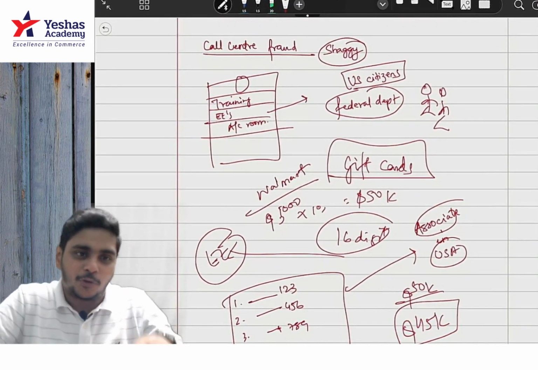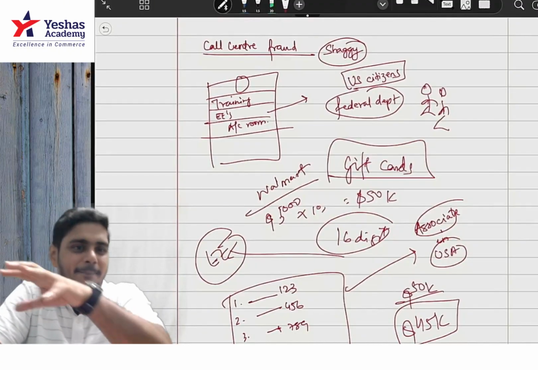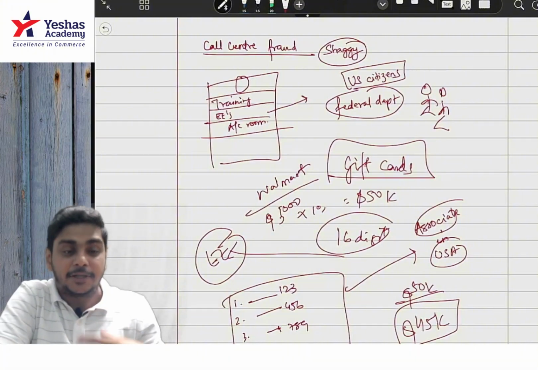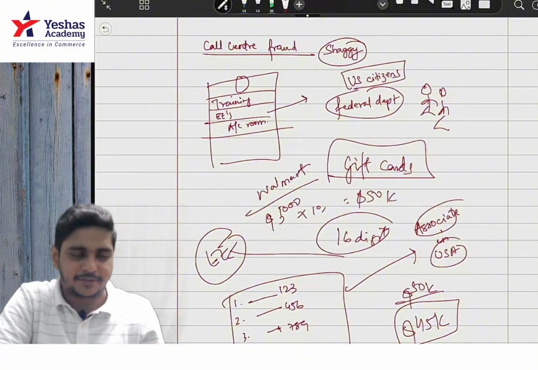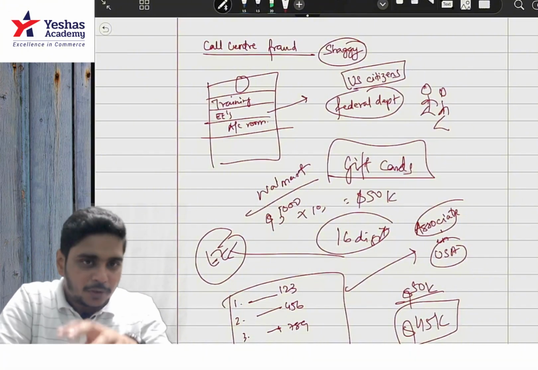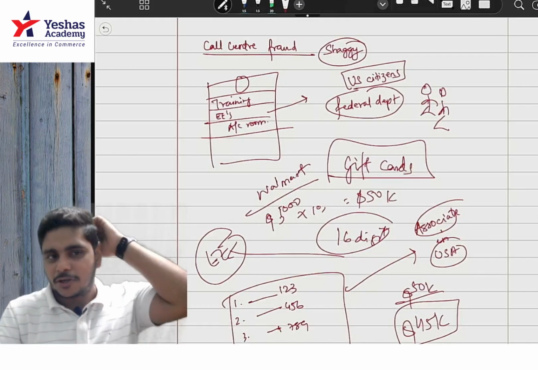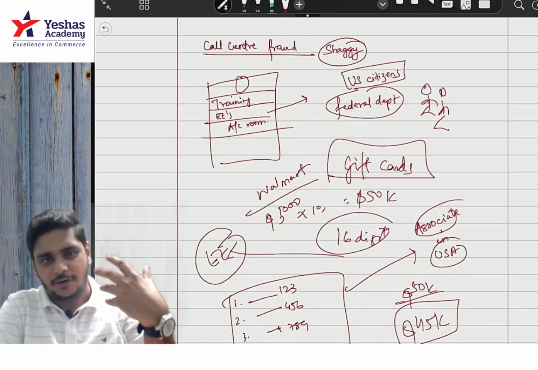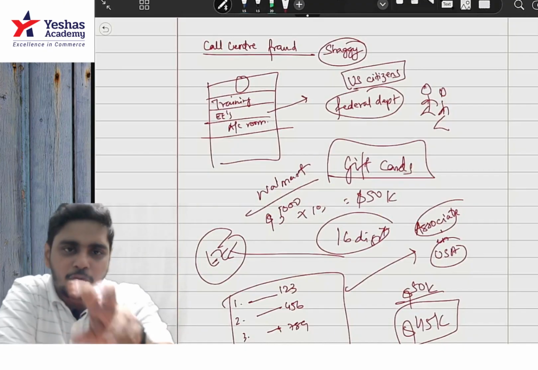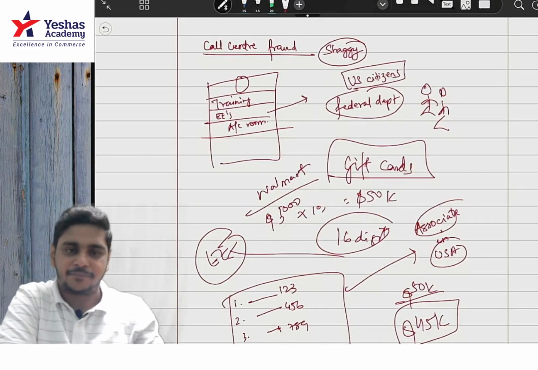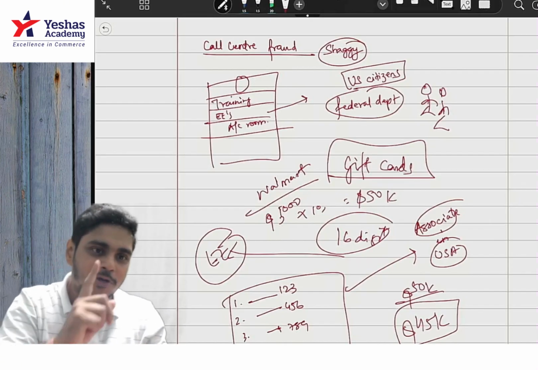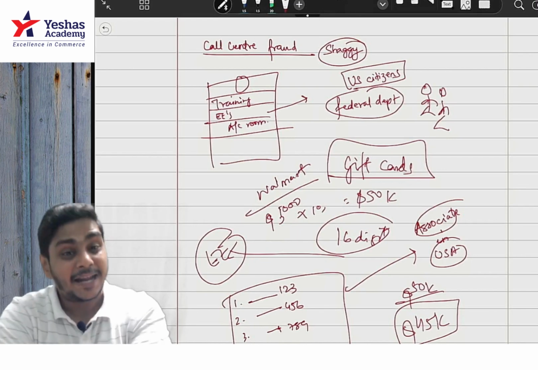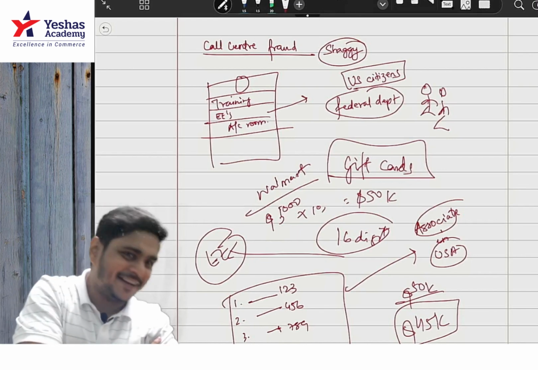So how do I know this case so well? Because it happened near my house. Hey, I was not involved. The teacher who taught us forensics told us this story. Out of curiosity, somebody asked, sir, how did you come to know that this was happening? What happened was, one call was mistakenly made to an NRI. NRI basically means non-resident Indian.